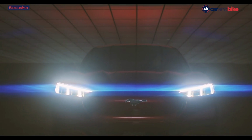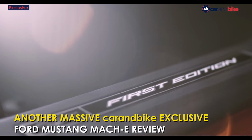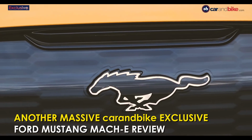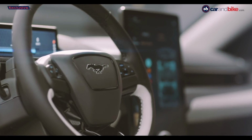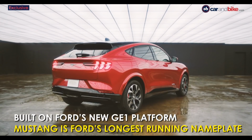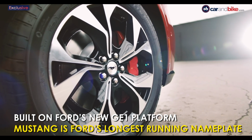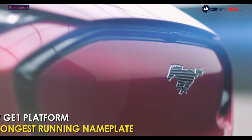Seldom does one car generate so much buzz. When that buzz is positive, it's great for the brand, especially when there's so much at stake with it. The Blue Oval put its reputation on the line when it brought out this car, the Ford Mustang Mach-E. This is an EV or electric vehicle, but it is also an SUV or crossover, and it's exclusive here on